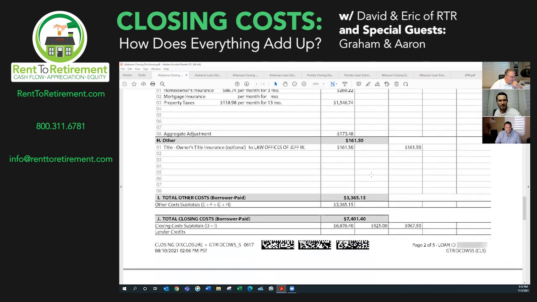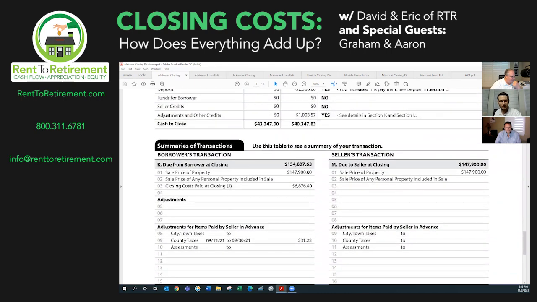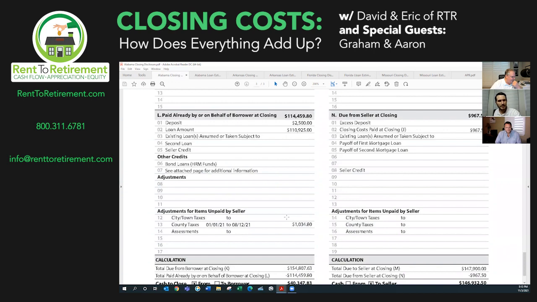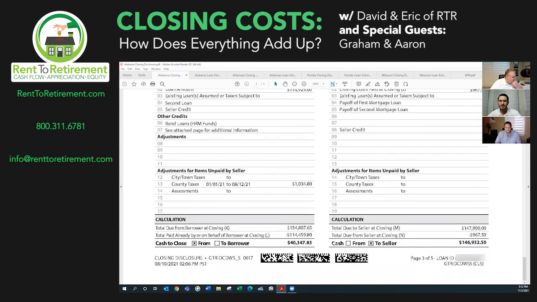Well, that's a $1,500 number there, and when we scroll down there's a small cushion there, 3 months. But right here is $1,034 from when the seller owned the property, January 1st to our closing date, which is August 12th right there. So all the taxes that he was responsible for are being credited back to the borrower in the form of dollars and cents. So he's not paying any property taxes for when he didn't own this property. A lot of people can get caught off guard by that 13 months, or sometimes it's 9 or 8 months, but then we scroll down a little bit further and this offsets it with what they don't owe. So that essentially is the bulk of the final closing disclosure.